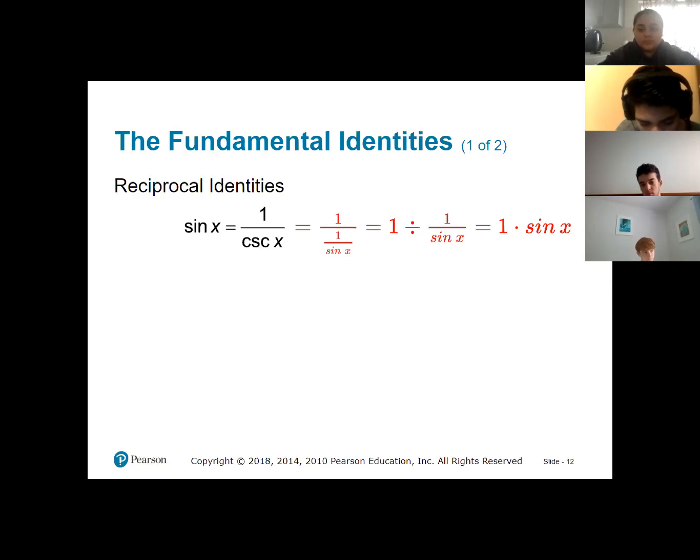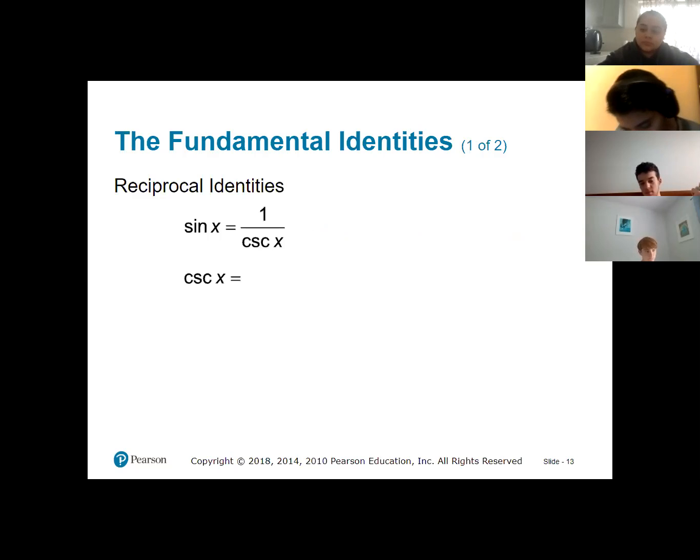Again, this is different than the reciprocals, right? So what is the reciprocal identity of cosecant of x? Well, this one we should know. Cosecant of x is the same as 1 over sine of x. There you go, 1 over sine of x. So now,